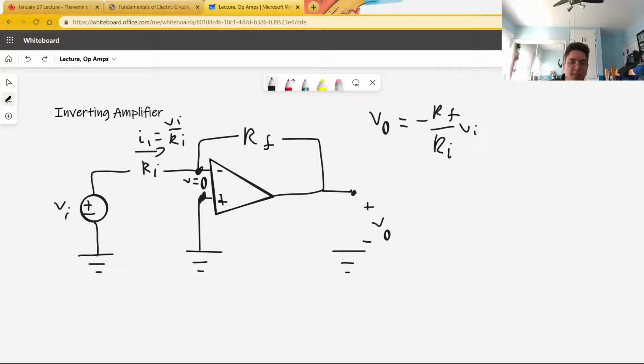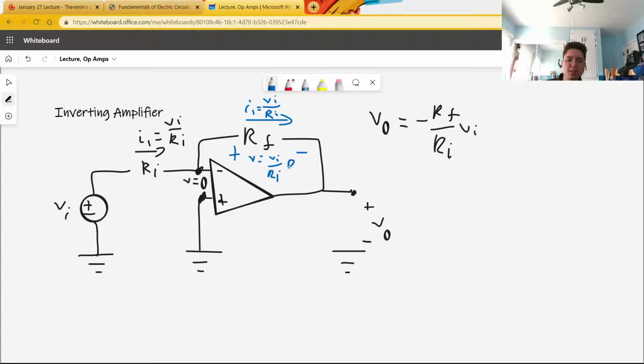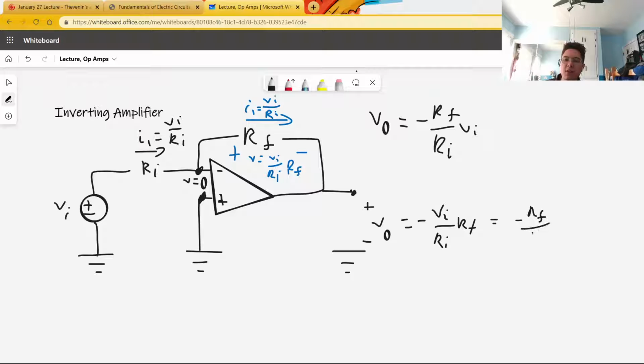Now we turn to the current assumption. There is no current in this branch, and the current in this branch is VI over Ri. What is the current in this branch? It is, of course, I1, which equals VI over Ri. Thus, we can determine the voltage drop across RF. The voltage drop, V, is equal to VI over Ri, which is the current, times the resistance, RF. The voltage at this point is therefore 0 minus this voltage drop. So V0 is equal to negative VI over Ri times RF, which can be rearranged into negative RF over Ri